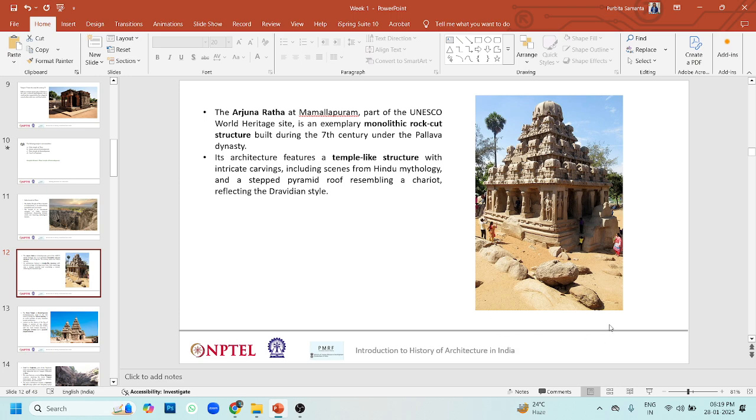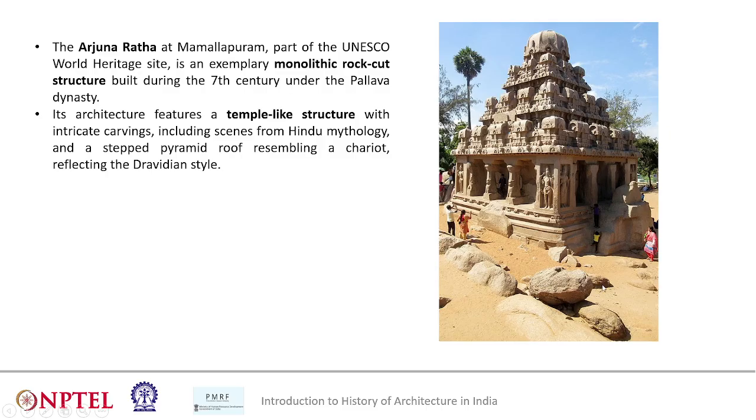Okay, fine. Good. Now coming to the Arjuna Ratha at Mamallapuram. This is again an example of monolithic rock cut architecture, which was built during the 7th century under the Pallava dynasty. Pallava dynasty is one of the very prominent dynasties in the southern parts of our country. And if you go back and check this Arjuna Ratha at Mamallapuram, this is basically a part